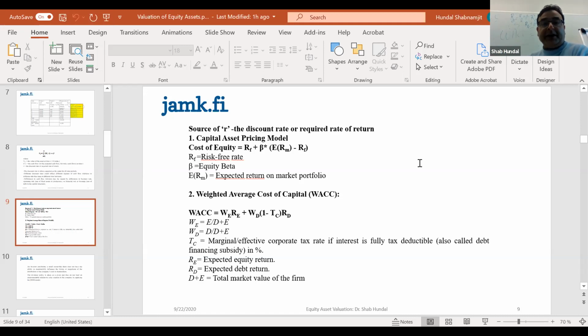Okay, and how do we calculate it? We multiply the weight of equity with the return on equity. And this comes from where? It's the same one that comes from CAPM, yeah? What we have is RE, so we have the weight of equity, the ratio of equity you have in the company, multiplied by RE, plus the weight of debt